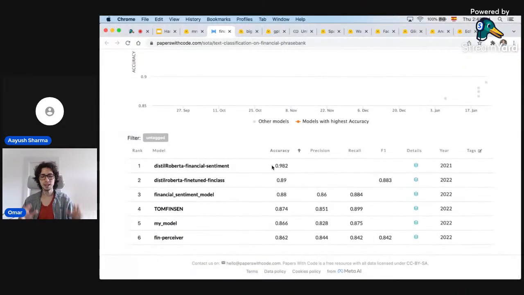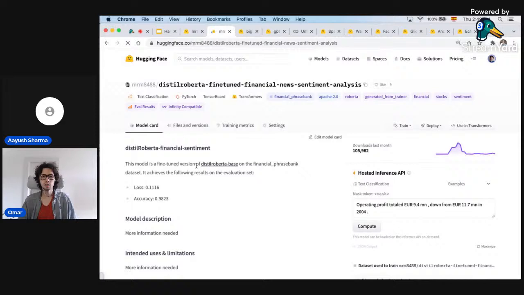It gives you a nice leaderboard, so you can see the accuracy of all of these models. And if you click here, you will go back and find the corresponding model in Hugging Face for this particular metric.